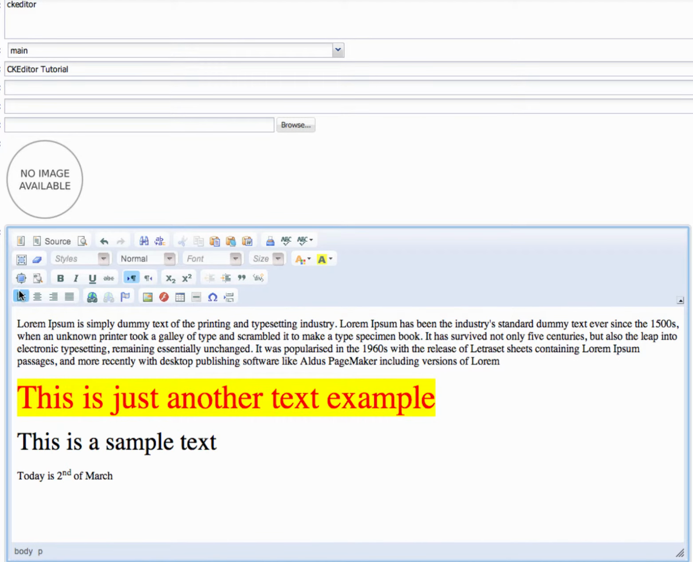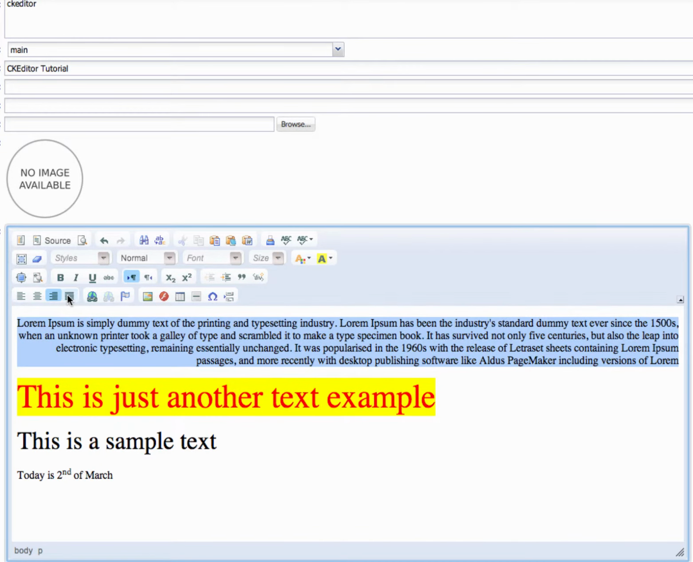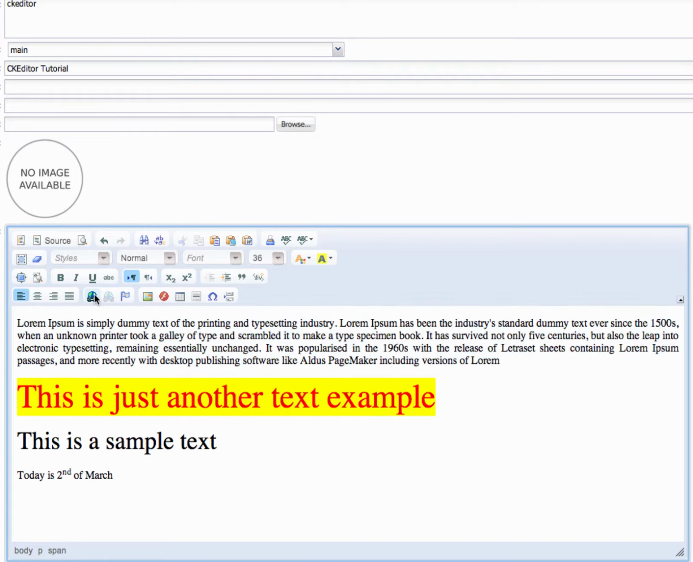The next features are left alignment, center alignment, right alignment, and justify. So this is left alignment, center, right, and justify. The next button is link. If you want to create a link to another web page, for example, if I want to create a link to Google,